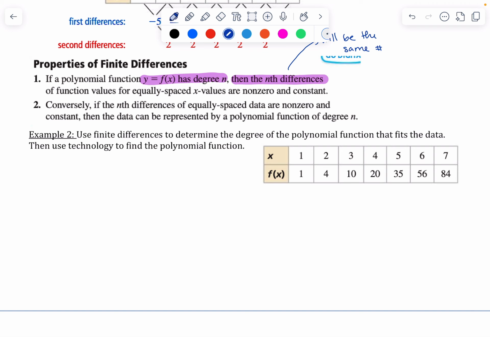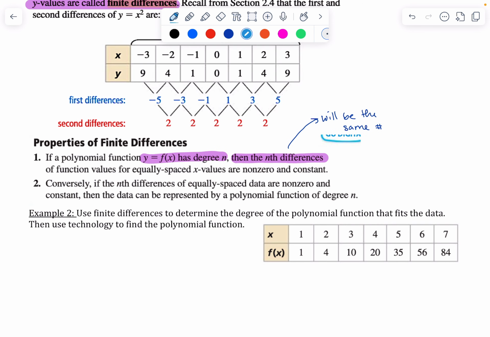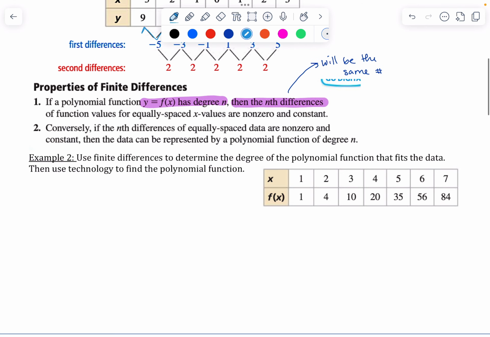find the polynomial function. All right, so I need to start by subtracting my y values. Now, remember, the way in which we do this might seem a little bit backwards, but you can look at this section up here to just remember. We're doing 4 minus 9, 1 minus 4. So we're working a little bit backwards. Okay, so if I do 4 minus 1, that's 3. If I do 10 minus 4, that's 6. That's 10, 15,